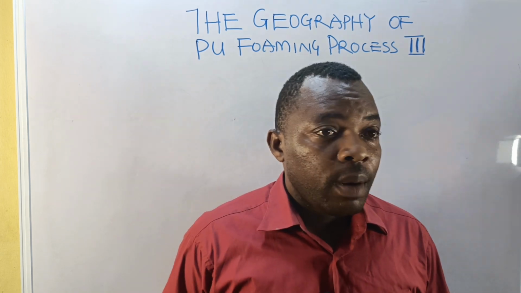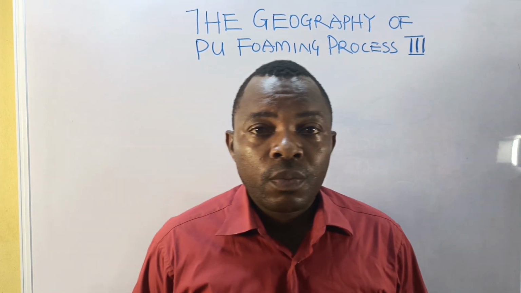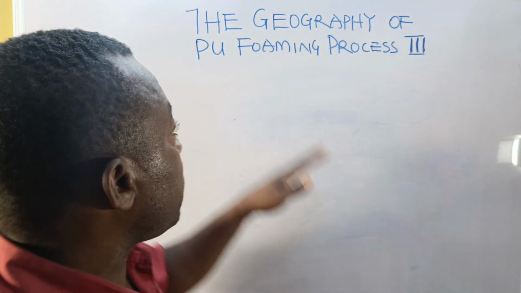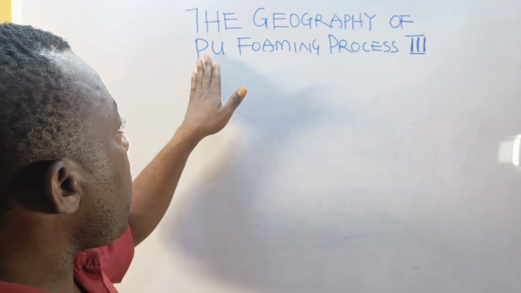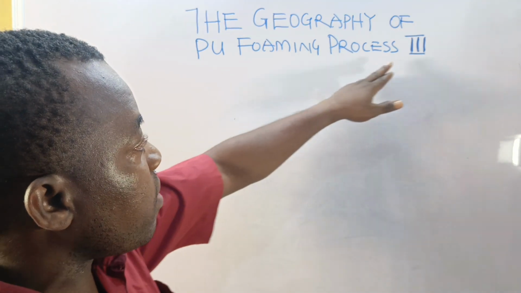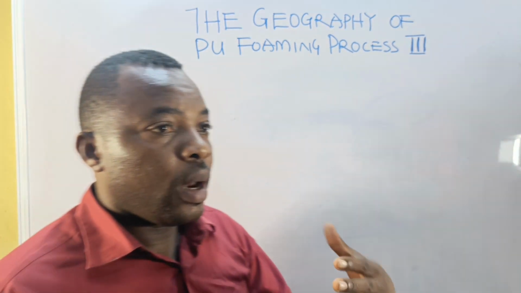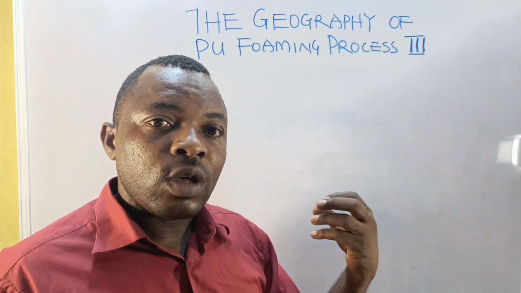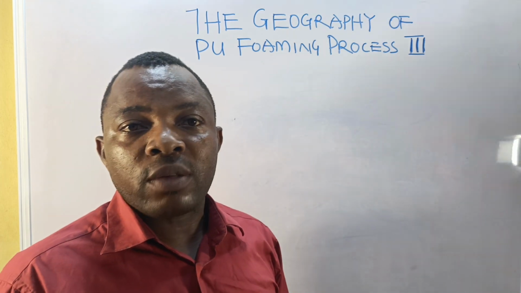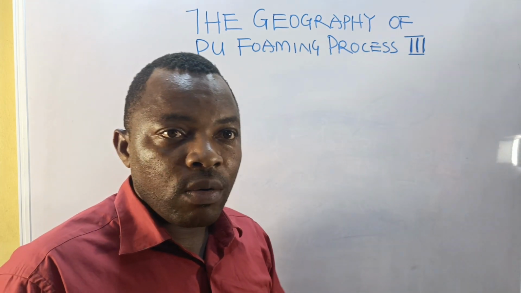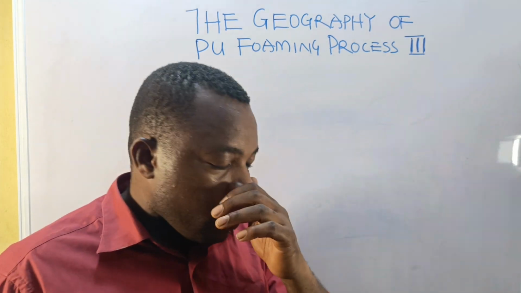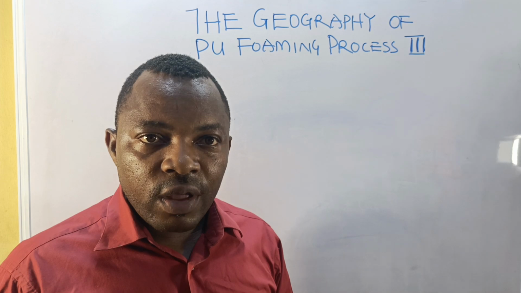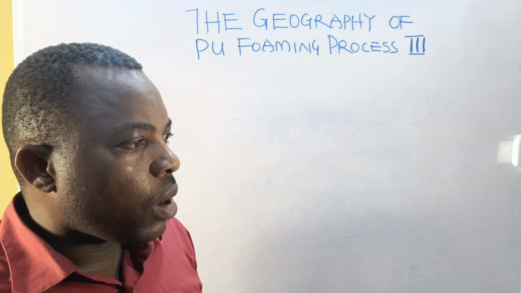In my presentation today, we shall be looking at the geography of PU foaming process 3. The last one was process 2. The initial one was the introductory aspect of it, how environmental factors affect your foam and foaming process. Now,